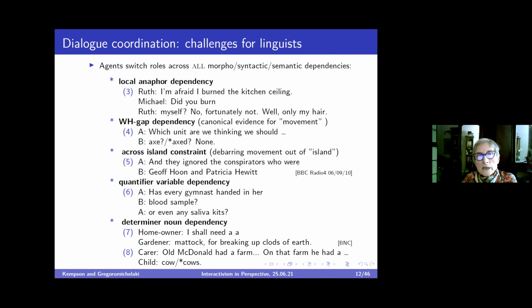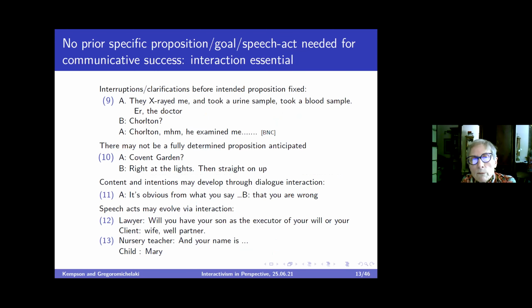The problems are also semantic, in that there's no specific proposition that has to be intended. No specific goal or speech act is needed for communicative success. The only thing that's absolutely essential is interaction. So example 9 is given as an example from the BNC, the British National Corpus, where in fact in the